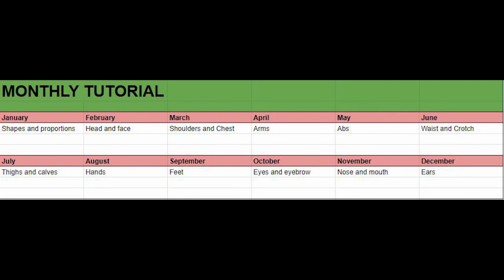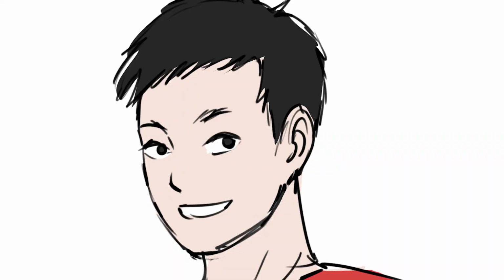And then, for October and November, we're going to go to facial features. So the eyes and the eyebrows, as well as the nose and mouth. And finally, for December, we're going to learn how to draw ears. So for the next video, which will be the first of many how to draw anatomy videos, I'll be teaching you how to draw the